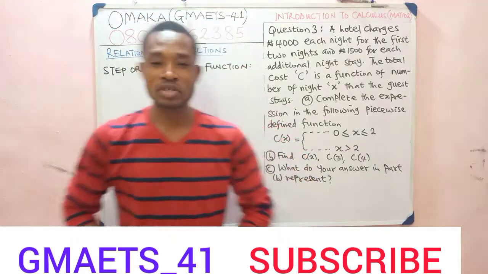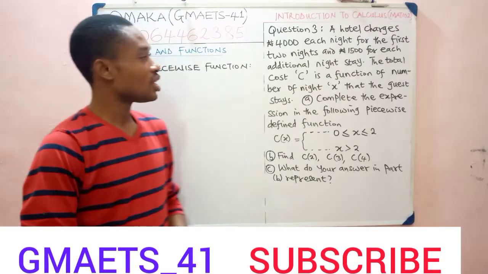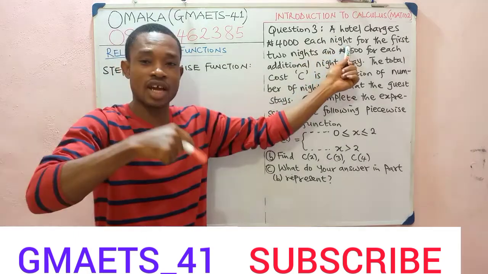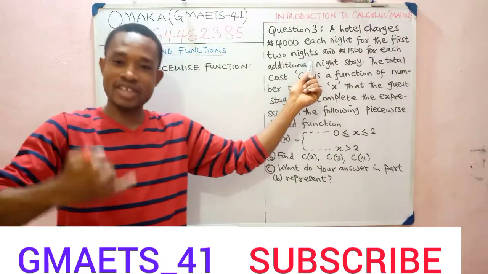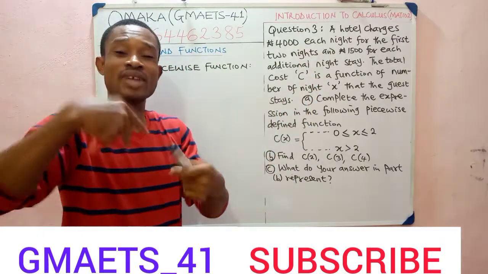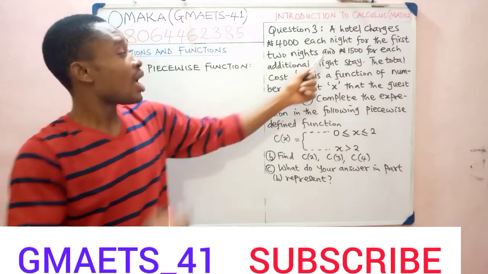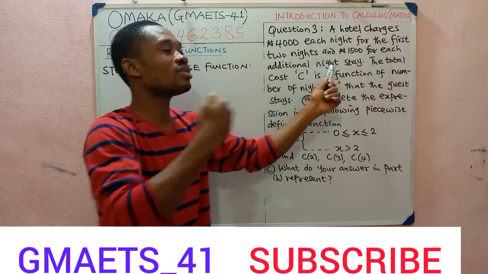We have question number 3 on the board. It is an applied question, a word problem. A hotel charges 4,000 naira each night for the first 2 nights, which means the first night 4,000, the second night also 4,000, which means a 2-night stay is going to cost 8,000 naira,